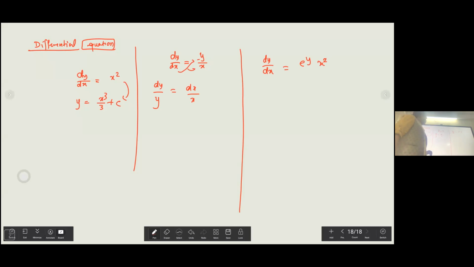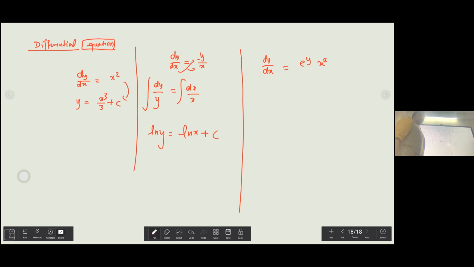So you're going to take this thing here and divide y to the other side. So you're separating the variables and then you're integrating both the sides. So this is referred to as the separable variable technique. Now, you take all the y's on one side and all the x's on one side. Make sure that dy doesn't go to the denominator or dx doesn't go to the denominator. It shouldn't be x upon dx. It should be dx upon x. So now you integrate both the sides. So this is going to be ln y equals ln x plus c. Now, put the constant on only one side, don't put it on both sides.